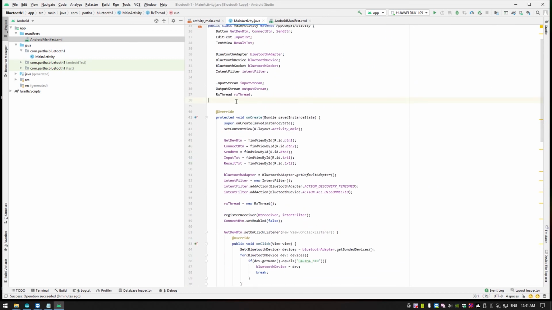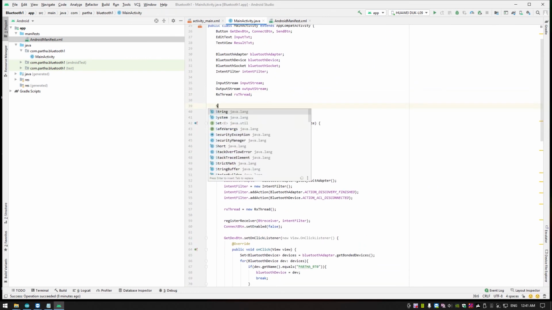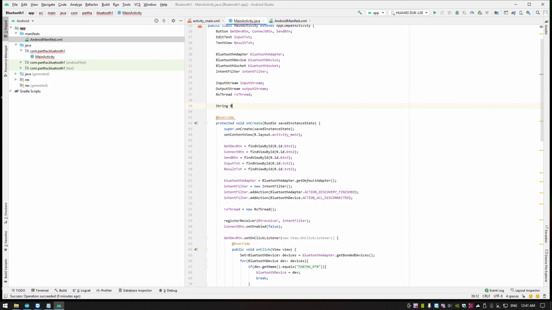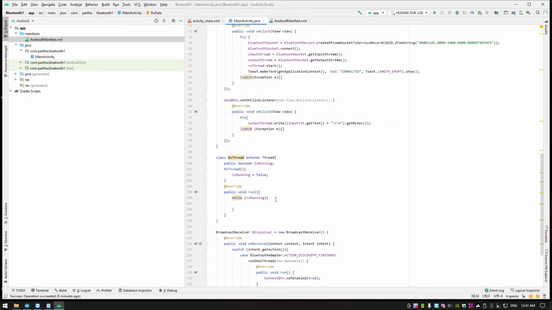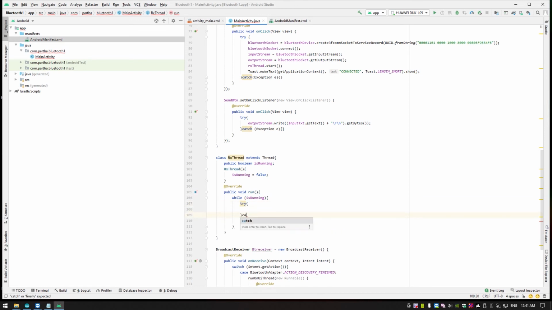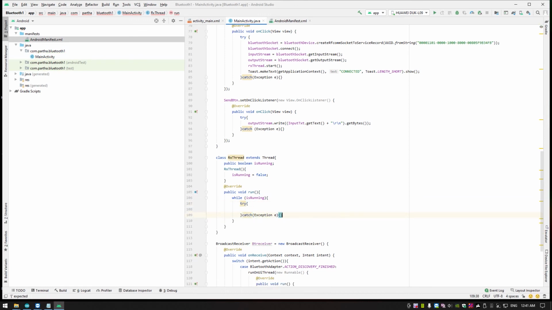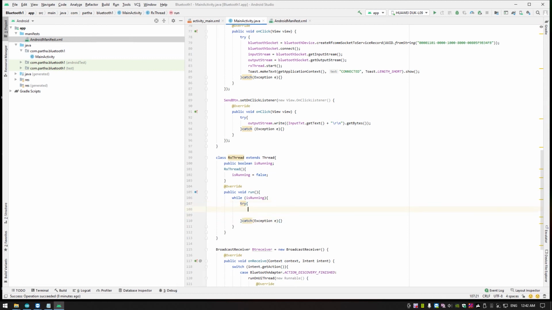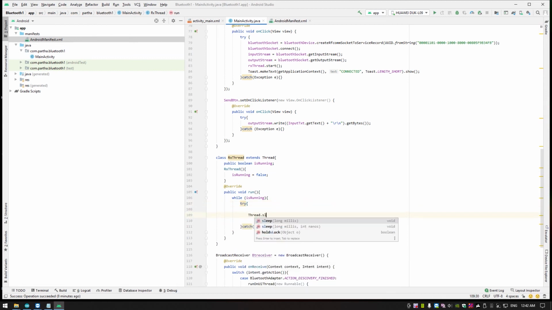Let's say we'll display in string only, so let's declare a string Rx data. Try catch block. Looks like you have to put everything inside. Every 10 milliseconds give some gap.